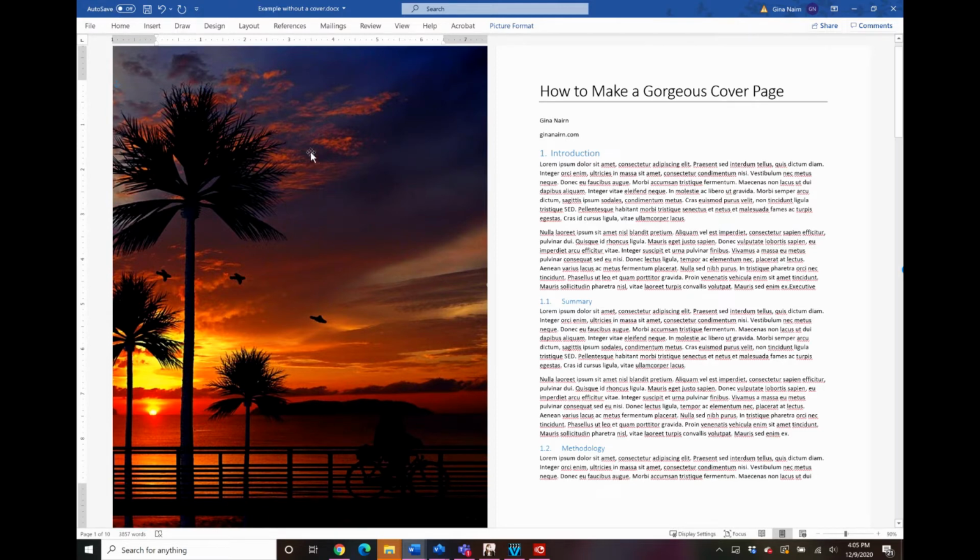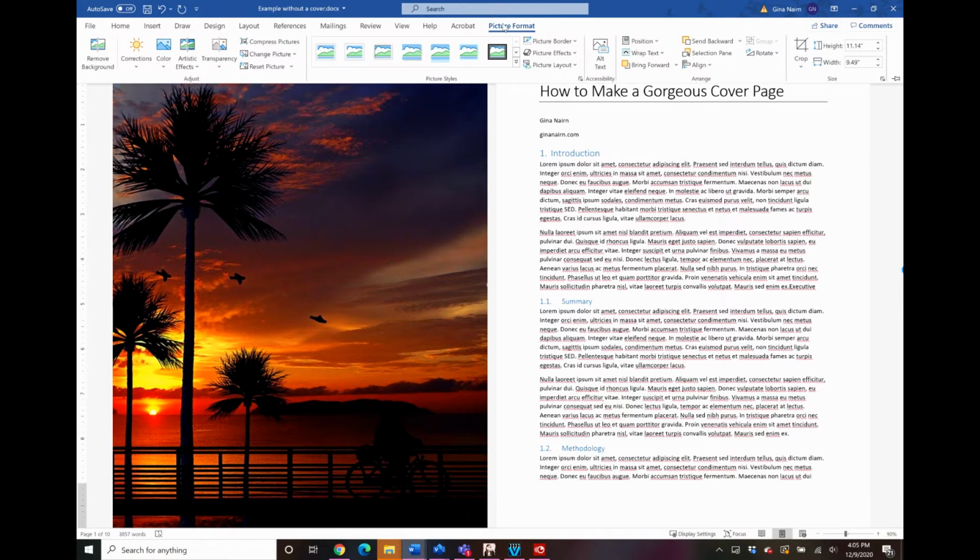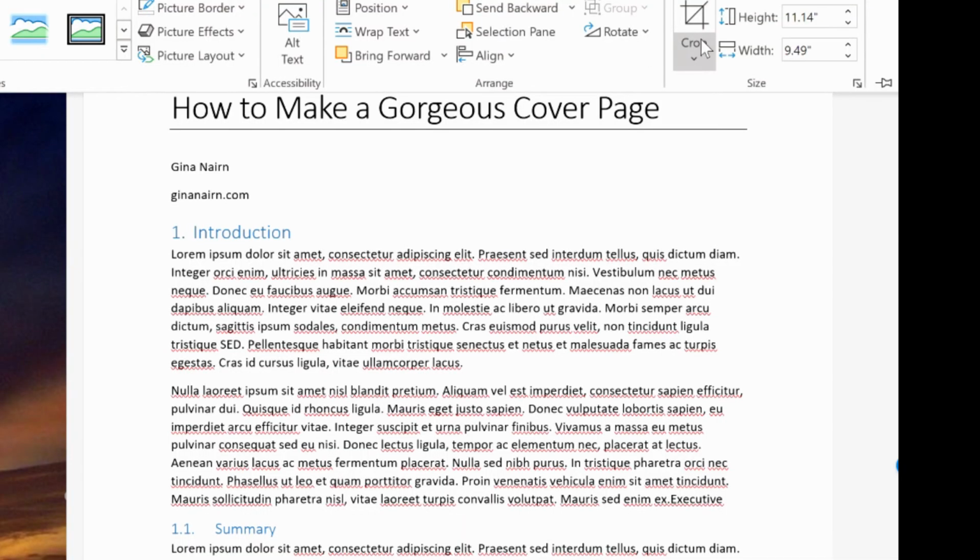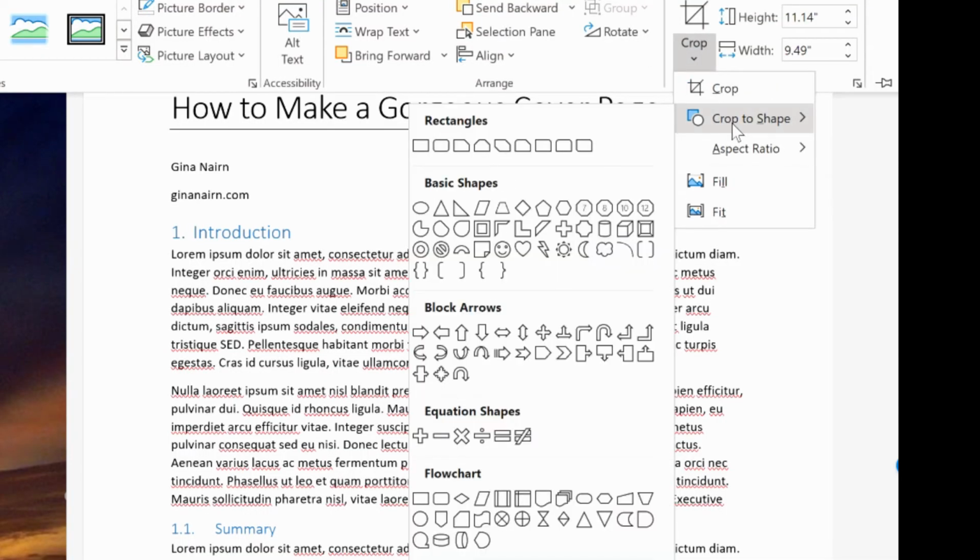So now I'm going to take this picture and I'm going to select picture format. And here's where some magic happens. Crop. And then I'm going to pick crop to shape. And this is so fun. Now you can pick any shape in this whole list and crop your picture to that shape.